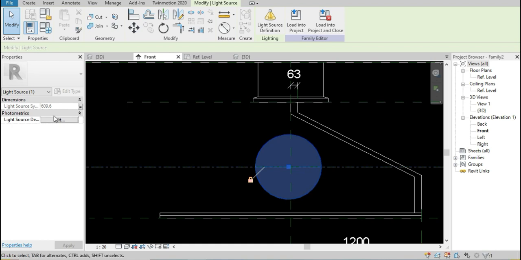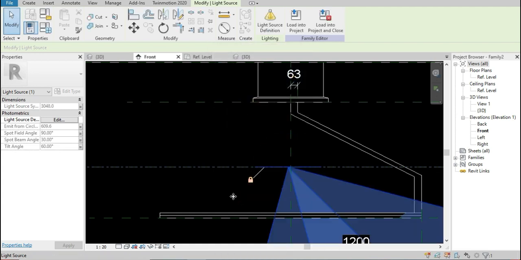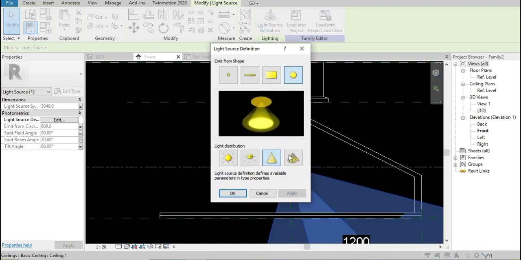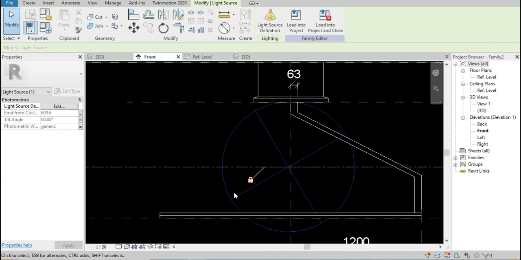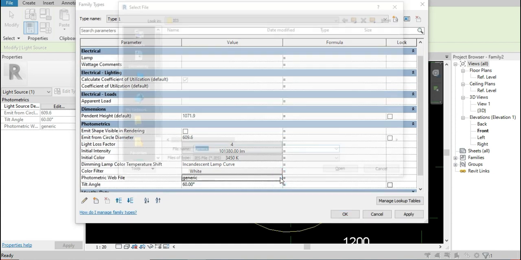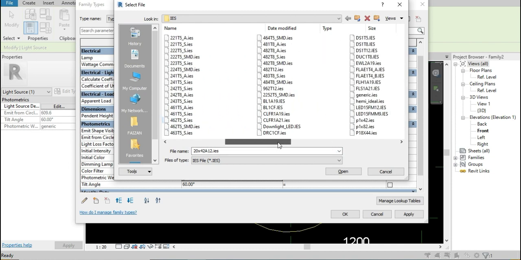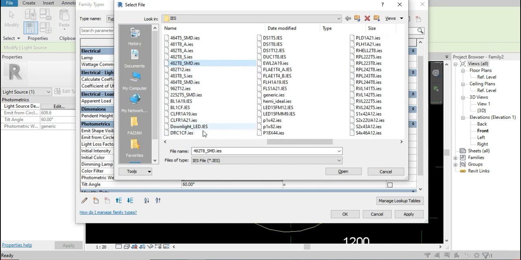So let's change the light source. I will choose this one. This one is not looking good. We'll choose this one. Yes. Go to family types, and there are different types of lighting source available. So I will quickly change two or three types, and you can see how you can change the lighting source.